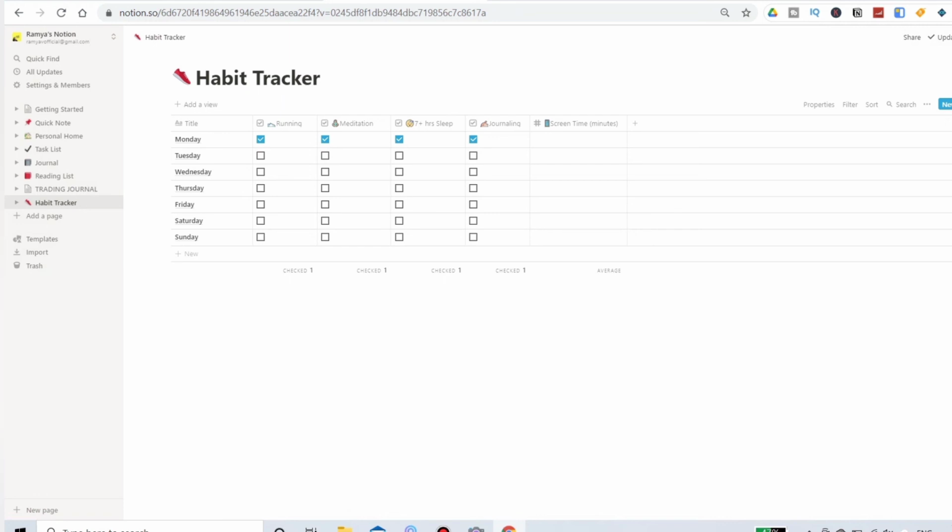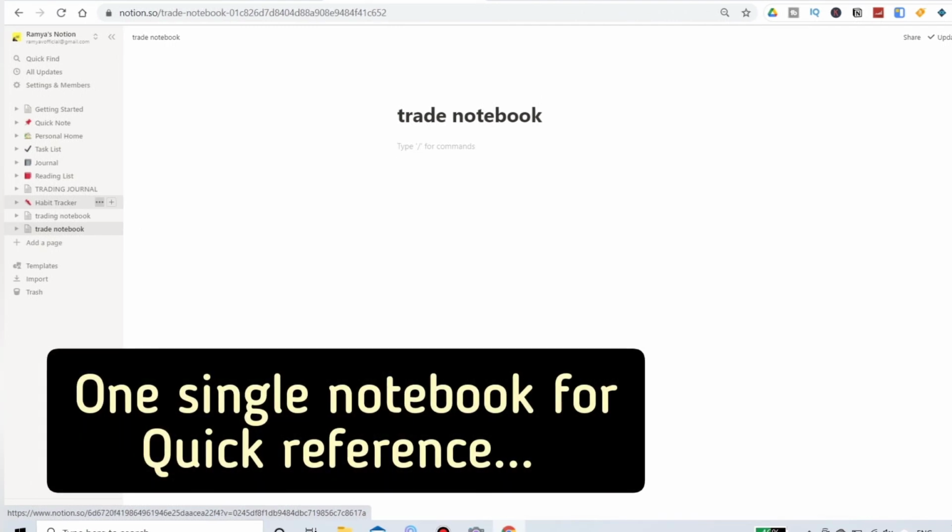For example, if you want to track something like stop loss, you can write here set stop loss. The checkbox is already here. So if you do it on Tuesday, check, Wednesday, check, keep track of it.